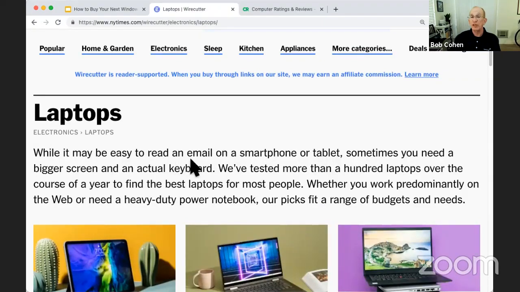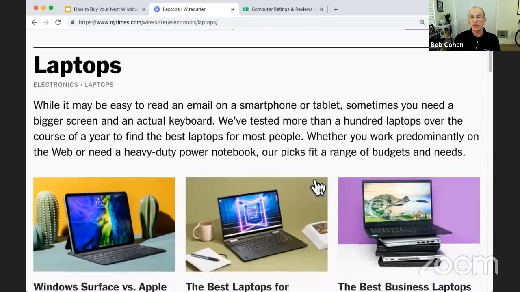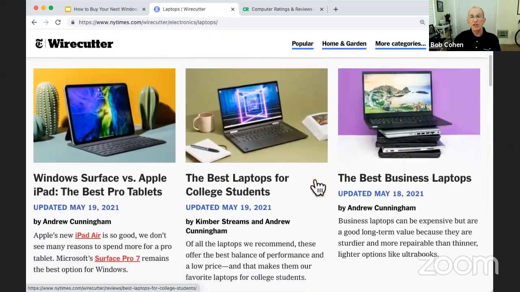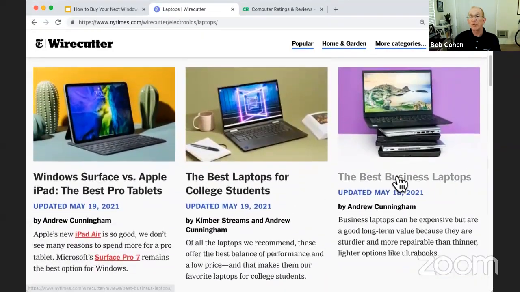It might be easy to read an email on a smartphone or a tablet. Sometimes you need a bigger screen and an actual keyboard. So they've tested 100 laptops. They actually go out and buy them, and they organize them into categories like the best business laptops. Some people mentioned they wanted to do things like some photo editing or some business applications like Excel and other things.